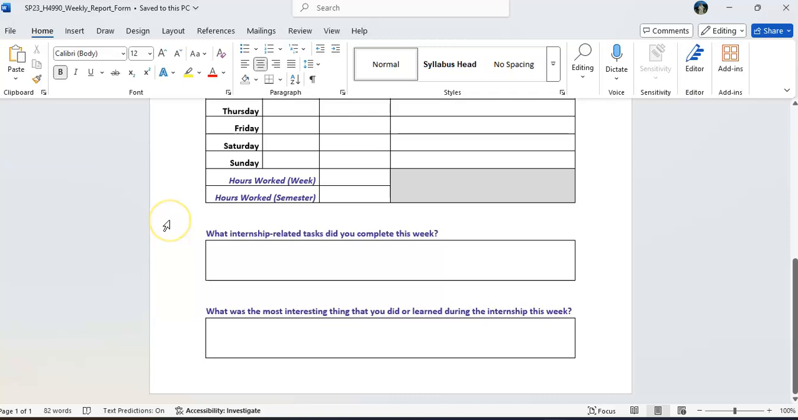Every week, you're going to have 2 basic questions that deal with the internship. What did you complete? Again, get into some detail about that. Yes, I do read these. Yes, I am saving these because